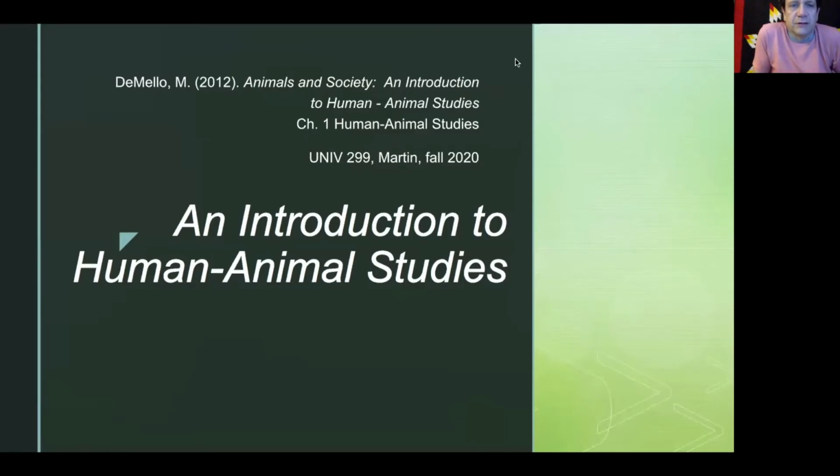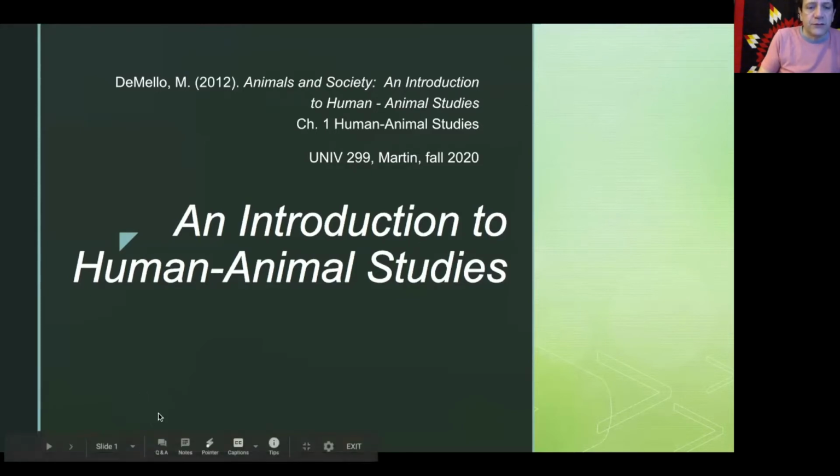Today we're going to talk about DeMello's first chapter in her book, An Introduction to Human Animal Studies. This chapter does provide an overview of what is involved in human animal studies. And so if you haven't read this chapter already, first I would say go ahead and go back and read the chapter